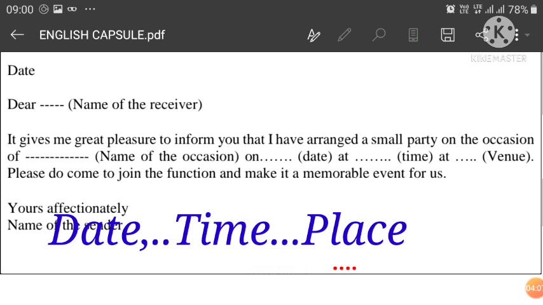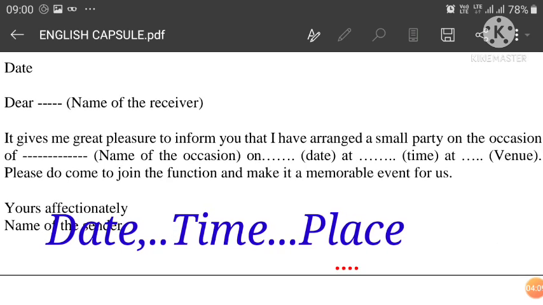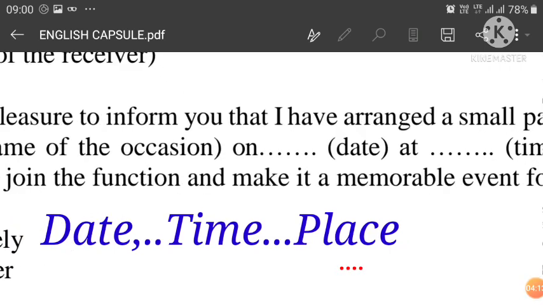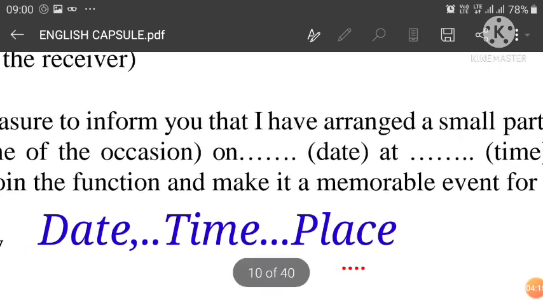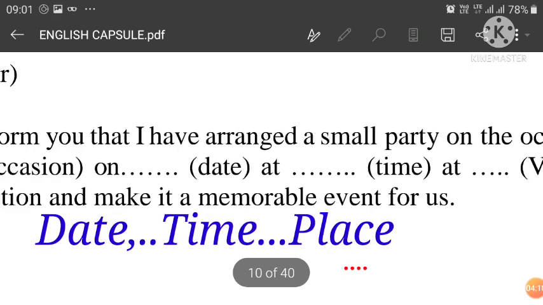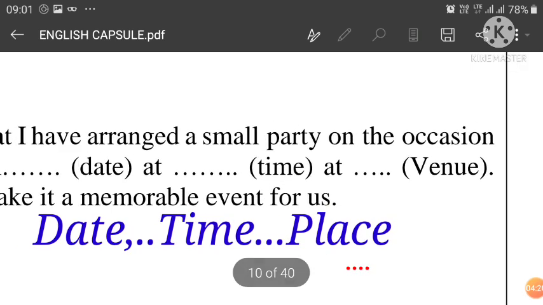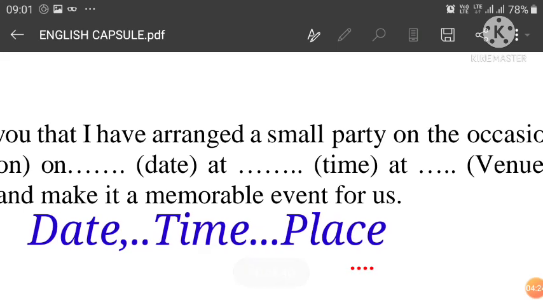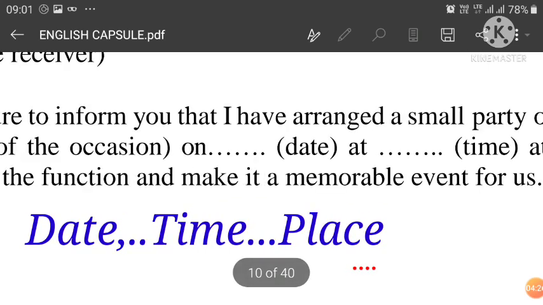But the blanks you have to fill as according to the question. Right, name of the occasion, on the date that you think the party is organized on, at and venue, time and place, sorry. So DTP, as I said, 3 blanks here, put a full stop,